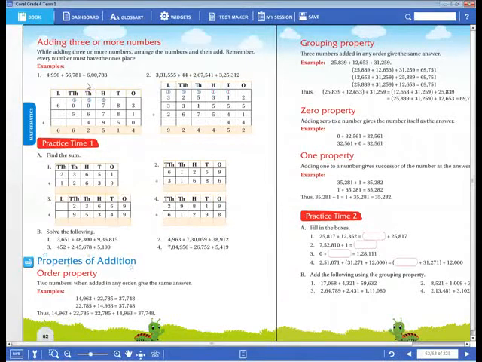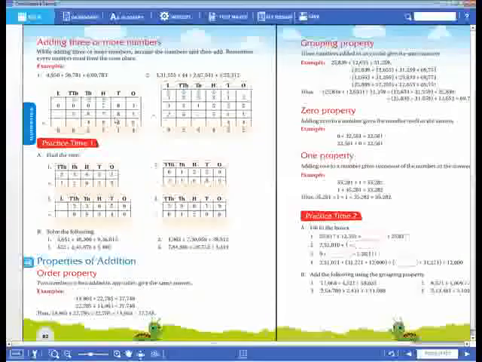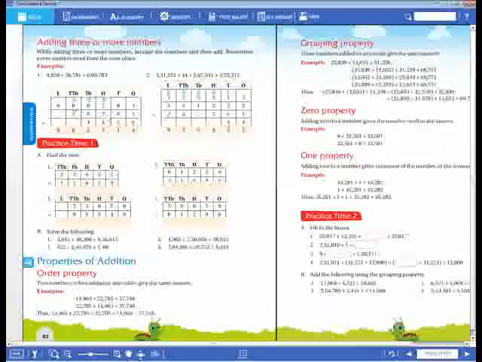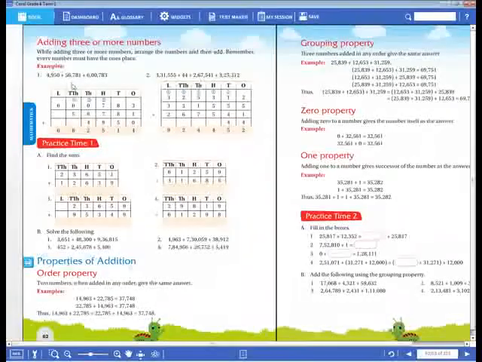same place values. Like, see here, 1 is in the ones place, no? So you have to insert it into the ones place. And 8 you have to keep in the tens place. 7 is in the hundreds place, so you have to place it in the hundreds place. And 6 is in the thousands place, so you have to insert the 6 into the thousands place. And next, 5 is in the 10,000s place, so you have to insert the 5 here in the 10,000 place. Okay, dear children.